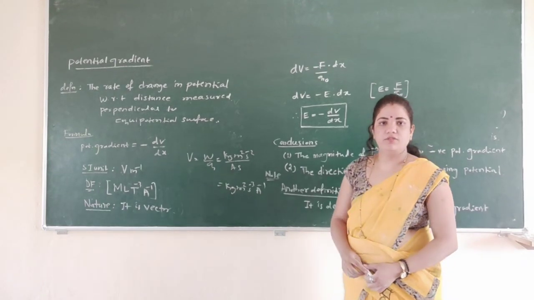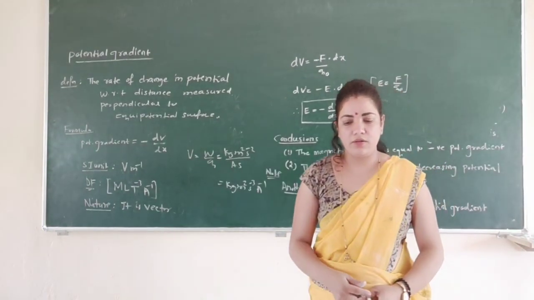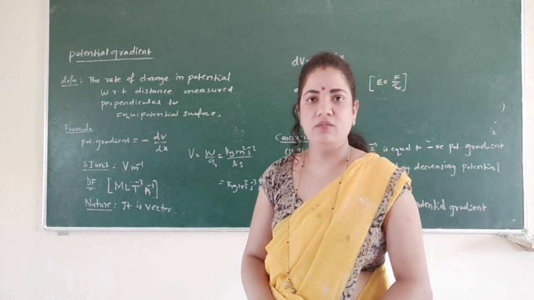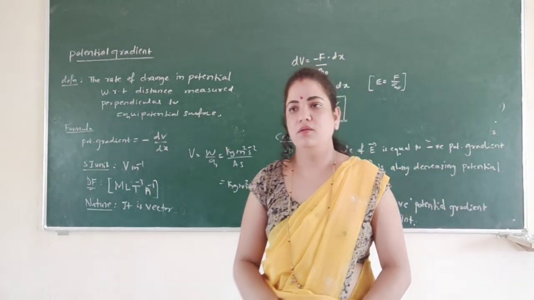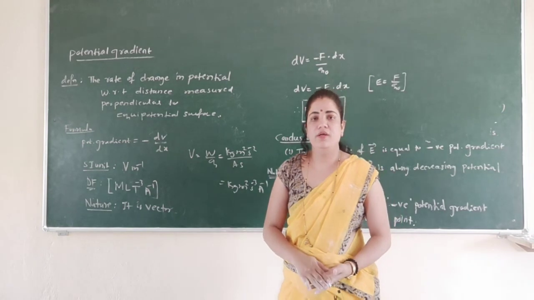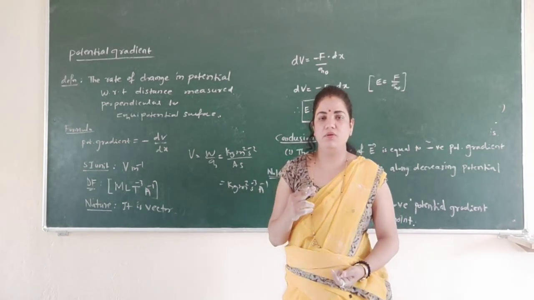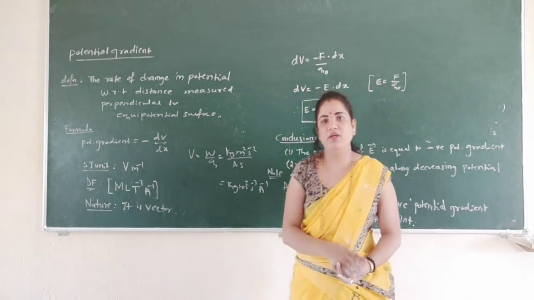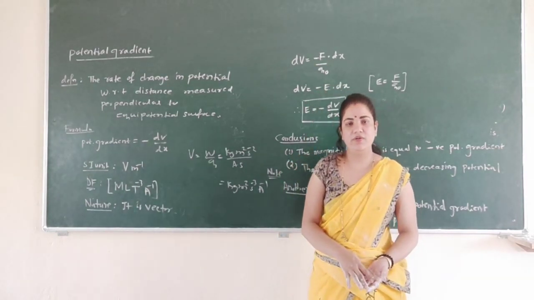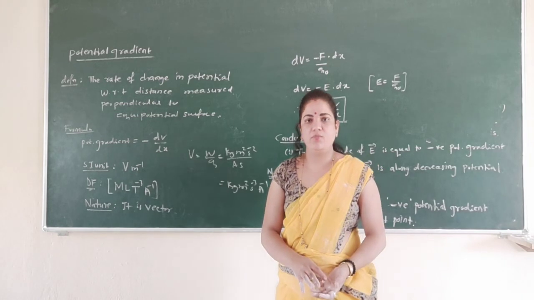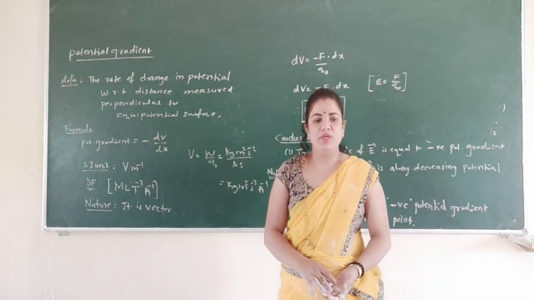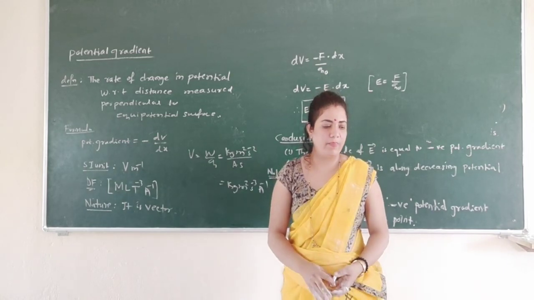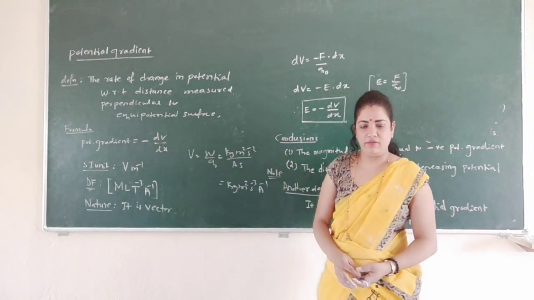I hope today's concept you understood. And the next concept is system of two charges, system of three charges, and the general equation. So energy stored in the system of two charges and in the system of three charges in the presence of electric field as well as in the absence of electric field, and expression for electric potential energy, and then the behavior of conductors in electric field, and then capacitors. So remaining in the next class. Thank you.